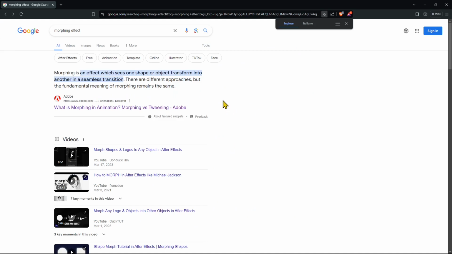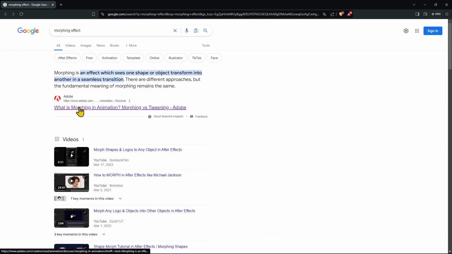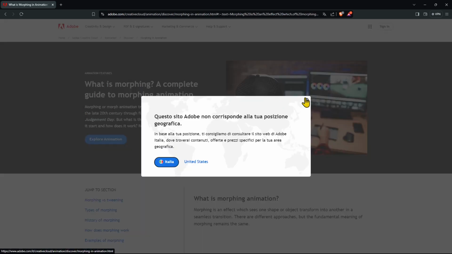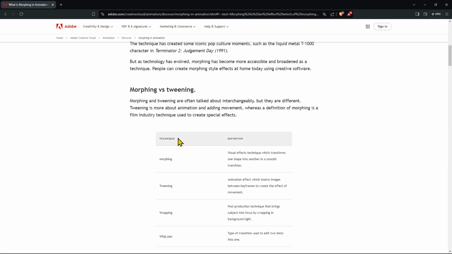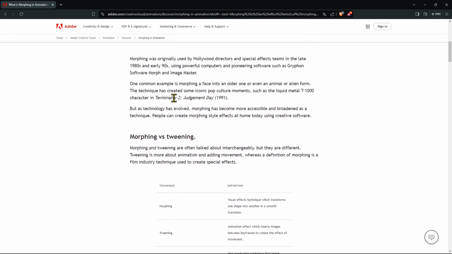In this video guide, we're going to talk about the morphing effect. Now, I'm going to use Premiere Pro for this, but it's also available in other applications. If we search in Google, we can find an article here from Adobe. And if we go inside here, you can see there are all these types of animation explained, also making references